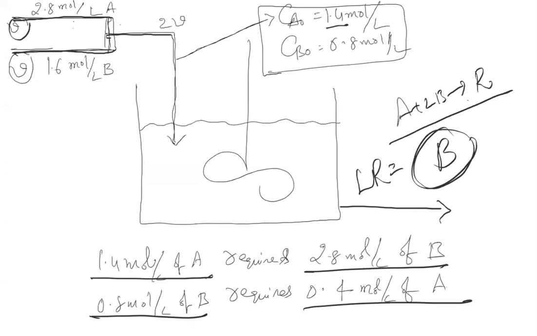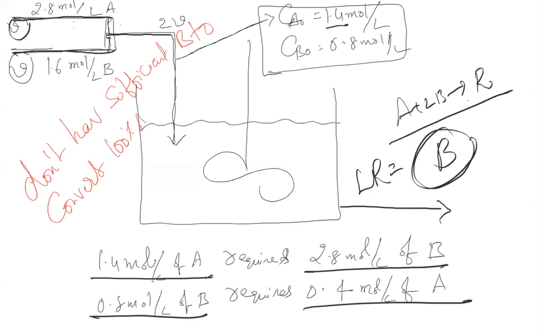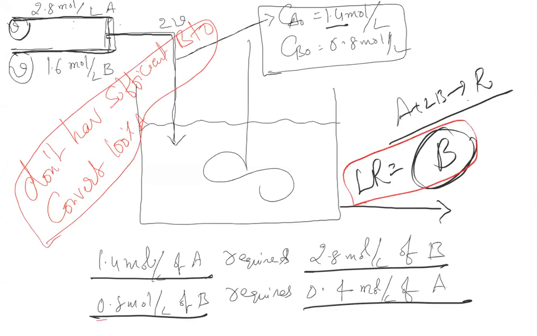So you don't have sufficient B to convert 100% A. This itself tells that B is limiting the entire conversion. That is why we are calling it the B conversion. Suppose B wants to convert 100%, then do you have sufficient A? You have more A. If 0.8 of B wants to convert, how much A is required? 0.4, no? But how much do you have? 1.4. That means you have A in excess, so B is the limiting reactant. Got it? That is how you identify the limiting reactant.